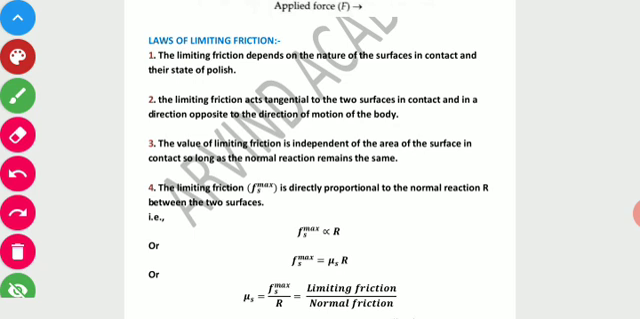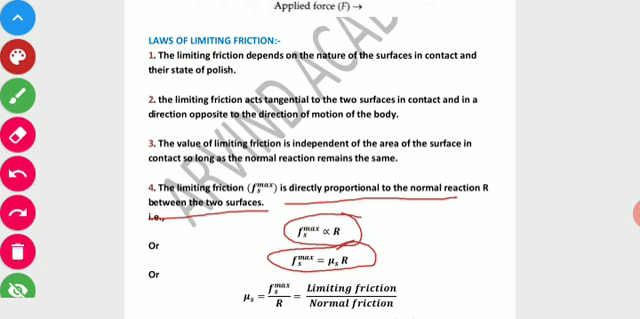Fourth is, limiting friction is directly proportional to the normal reaction between the two surfaces. So basically this is directly proportional to the reaction. So here we have Fs is equal to mu R, and mu is equal to limiting friction to the normal reaction,